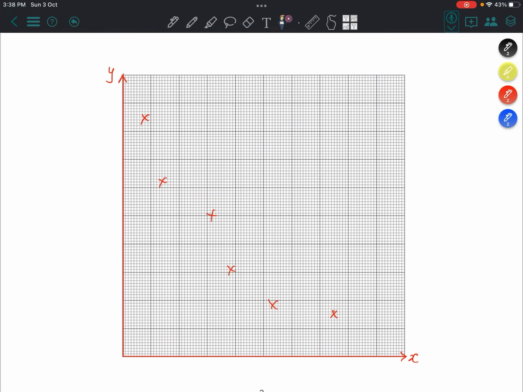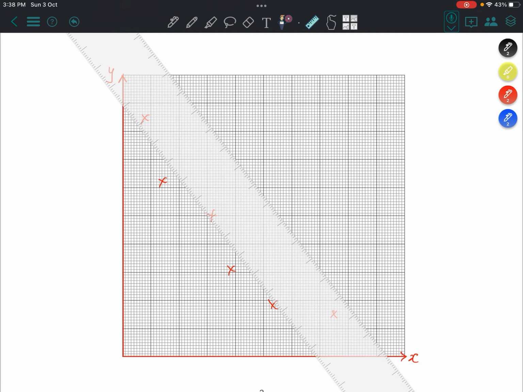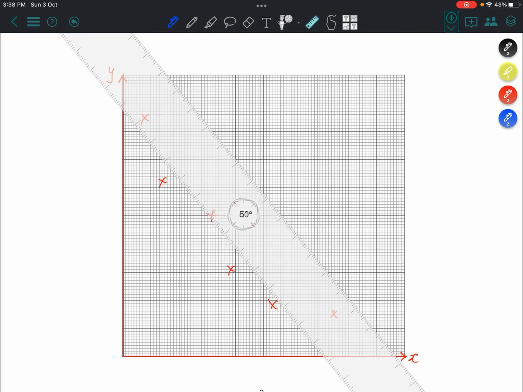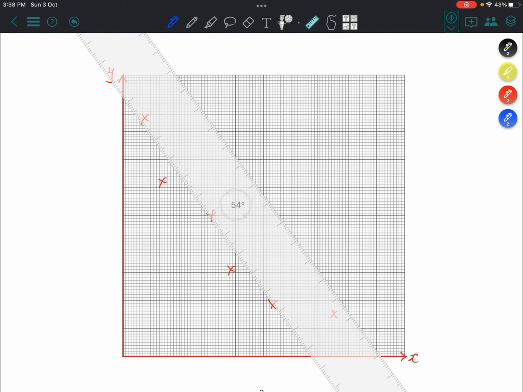In this next example here, all the crosses are scattered along here, and let's assume you're required to draw the best fit line. You take out the ruler, and because these first 5 crosses seem to be in a straight line, if you just draw your best fit line just like that,